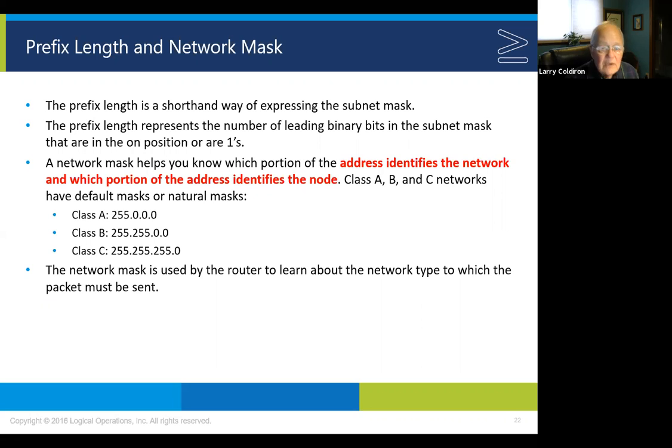Prefix length, we talked about this with subnetting. It's a shorthand way of expressing a subnet mask, the forward slash. The forward slash number is however many ones are in the subnet mask. It represents the leading binary bits in the subnet mask. So 255.0.0.0 is forward slash 8, 255.255.0.0 is forward slash 16, and forward slash 24 is the next one. It is a shortcut way to do that. When you look at the route table, they show up in this format. When you do configuration, you have to write out the subnet mask,